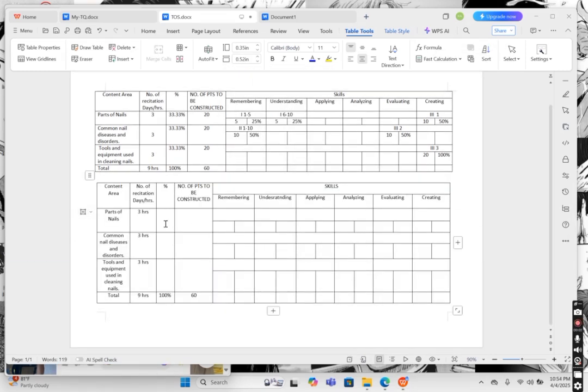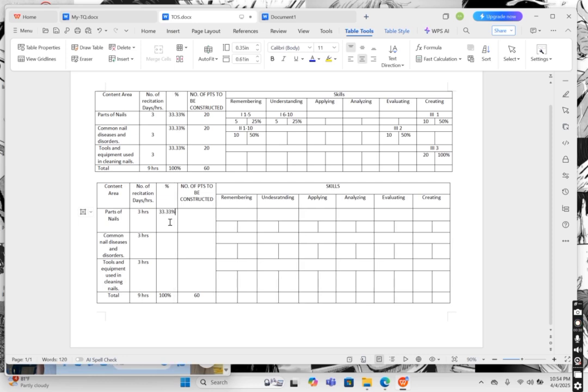To get the percentage, I am going to divide the number of hours in the first topic. 3 divided by the total number of hours, so 9. 3 divided by 9 is equal to, multiplied by 100%, so it is equivalent to 33.33%. So they all have the same number, so let's just copy the 33%. Next, same number,